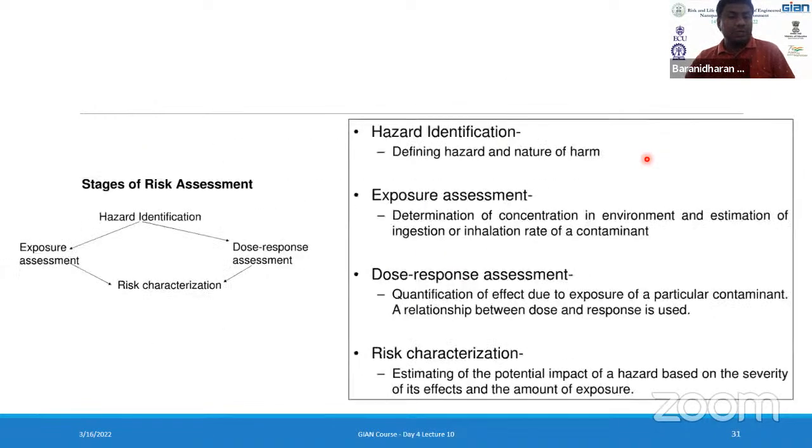With respect to risk assessment, these are the four initial steps that we need to follow. That is nothing but hazard identification. Hazard identification is nothing but the nanoparticles or any emerging pollutant that comes in contact. We can say it is the hazard, and then how it is identified in the environment, and then exposure assessment and dose response. So what kind of exposure and what kind of dose we are going to give, and based upon that we interpret and characterize the risk. Once you characterize the risk, if it is less than 1 then it is of no concern, and if it is greater than 1 then it is of real concern.